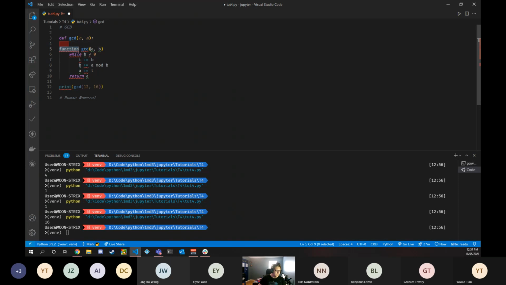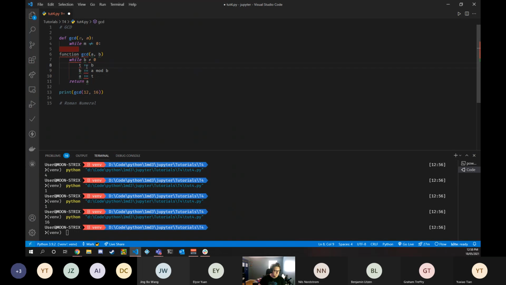I'm going to translate this into Python. So function isn't a word, def is a word. GCD, take some variables, I don't care what they're called. Immediately there's a while loop, so I'm going to code a while loop. And it says while b is not 0, in this case, m is my secondary number. So while m is not 0,